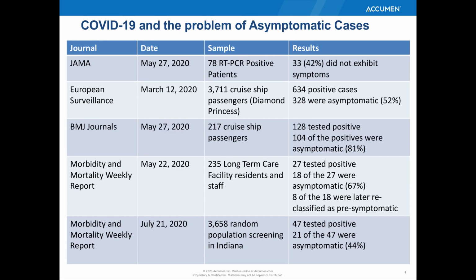Without going into great detail, the results of these 5 studies indicated that anywhere from 40 to 80% of all positive cases came from asymptomatic individuals. To be clear, that does not mean that 40 to 80% of all people everywhere are asymptomatic positive COVID patients. It means that of the positive patients they looked at in these studies, 40 to 80% of those positives were